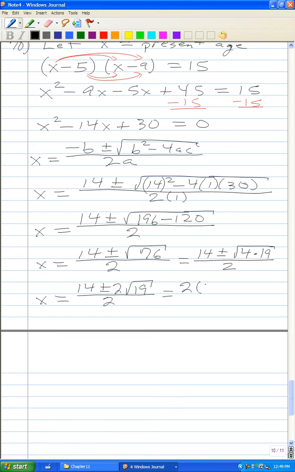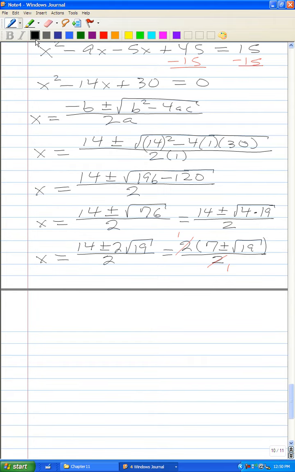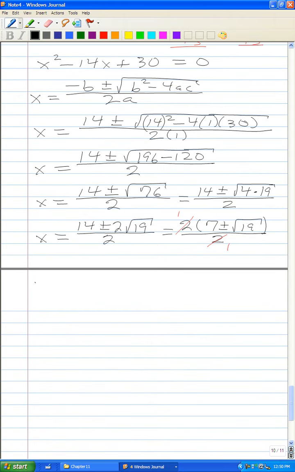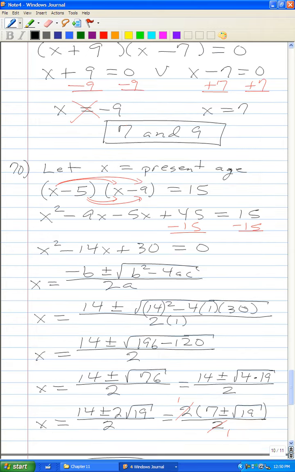So 2 times 7 plus or minus rad 19 over 2. The 2's cancel. So I have here x is equal to 7 plus or minus the square root of 19. Oh, and that's it. I factored out everything. So it's equal to 7 plus or minus rad 19. And so I have two solutions to this quadratic. So his present age is,